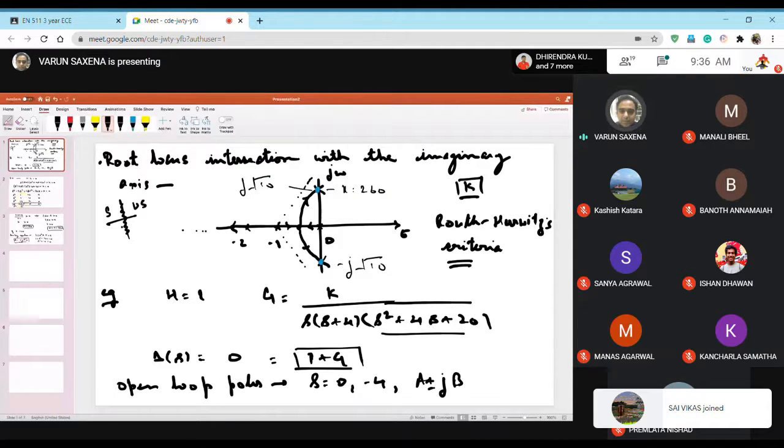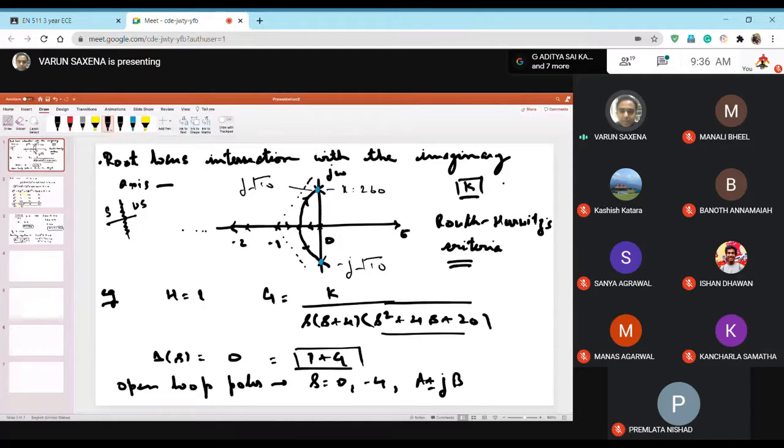So we are always interested to find out what would be the value of K, which is our variable gain. What will be that value of gain that will be attained at these points, because you cannot exceed the value of gain beyond that value. If you do, your system will be unstable. So there are two things of interest. One is what is the value of this variable gain term when the root locus cuts the imaginary axis, and what are these points basically? What should be the frequency of the system? So you can say that the frequency of the system in this case is root 10 because it's j omega, right?